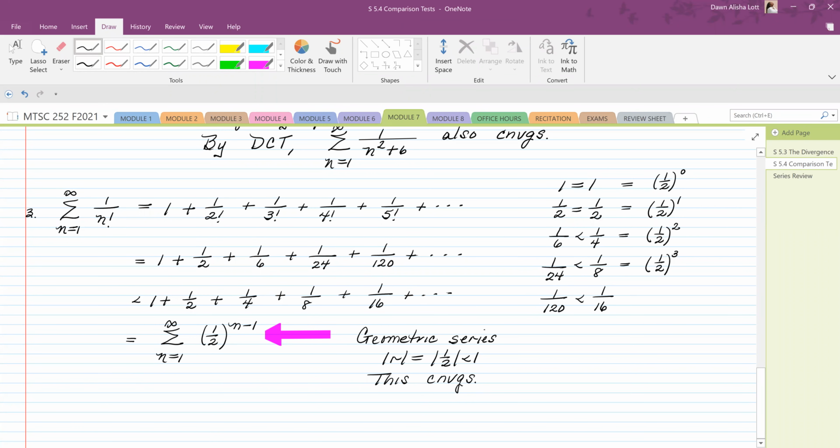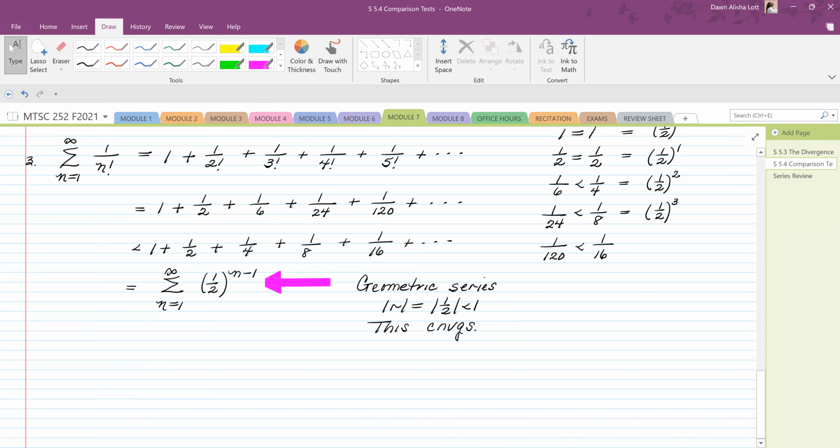Okay. So since the summation n equals 1 to infinity of 1 over n factorial is less than this series, the summation n equals 1 to infinity of 1/2 to the n minus 1, and we already know that that sums to 2,